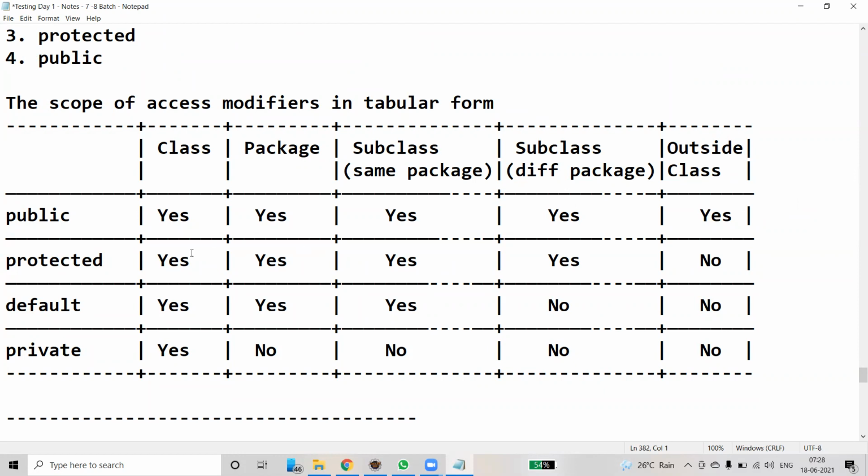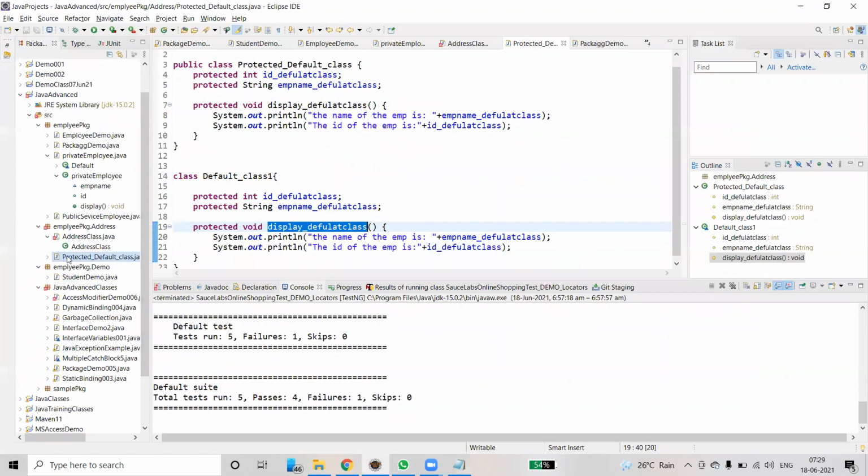Coming to protected, within the class, within the package, outside the package: same package we can access, and different package also we can access. See, protected default class is in employee package address, where we are accessing it from employee package. Both are different packages. Still we are able to access it. Is it clear?